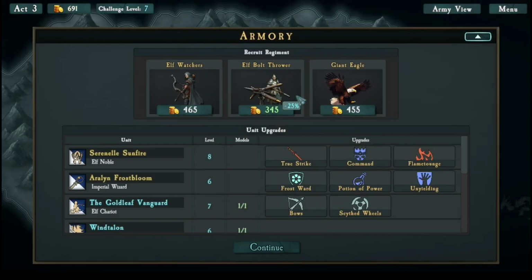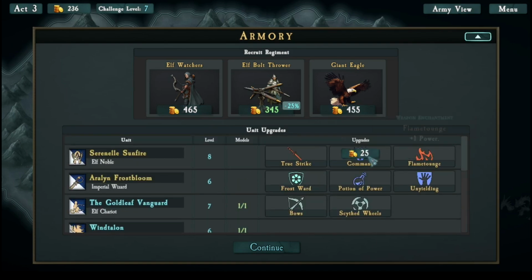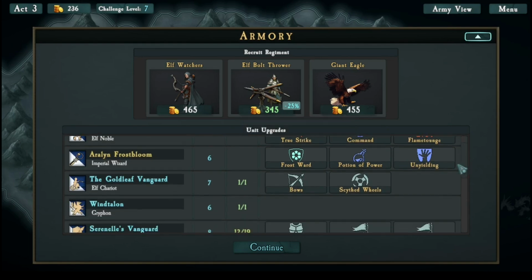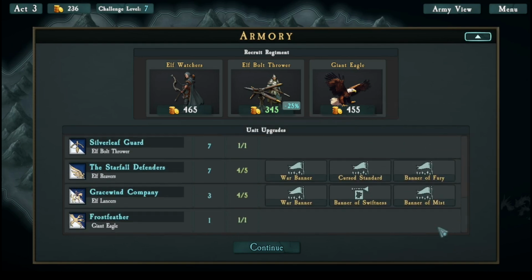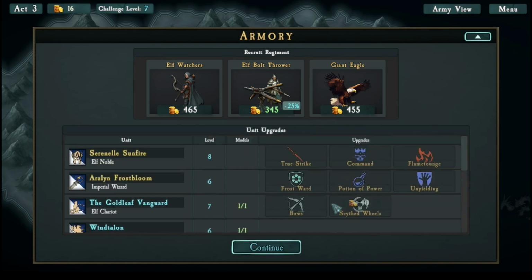So yep, another bolt thrower, or maybe something else. Maybe I can get the Greater Eagle and then just charge from behind. Yeah, I think that's the plan. Although another bolt thrower wouldn't also be missed. I guess it would also be nice. We've all missed attacks. My lord already has that. It's not really necessary. Yeah, Banner of Mist, Curse Standard, +1 combat score, +1 movement. I guess plus charge power. Yeah, why not? And then that's me broke because I upgraded all my